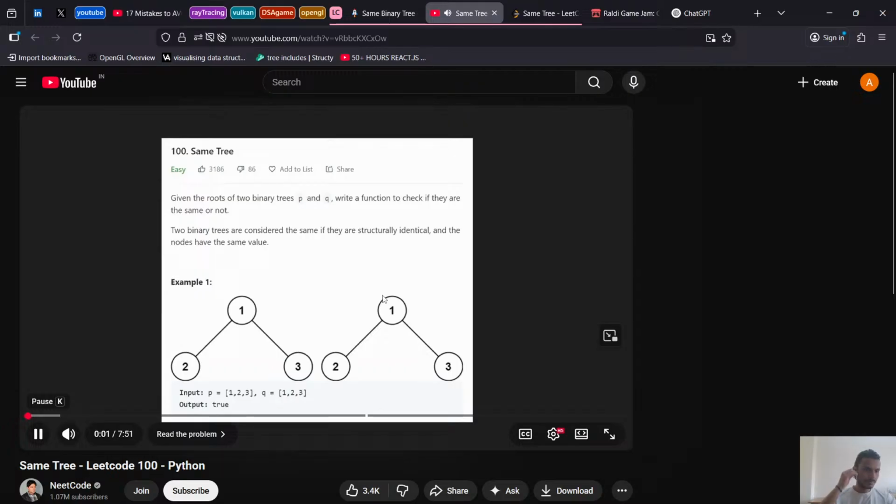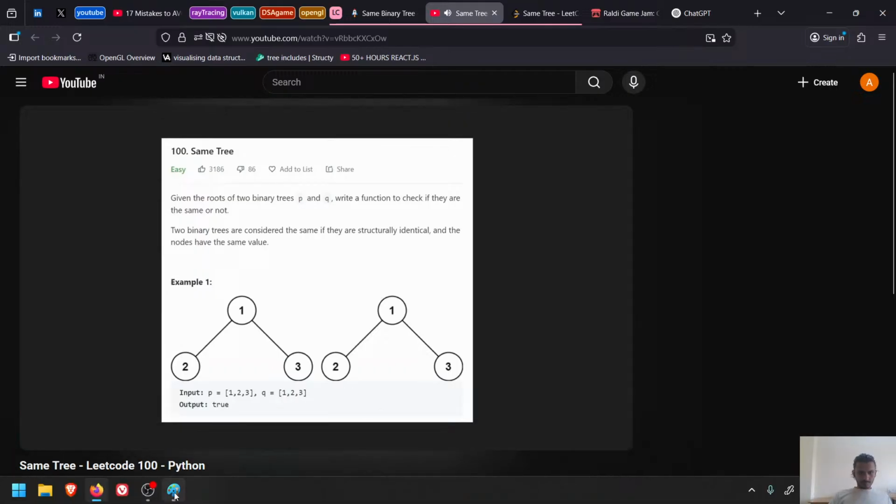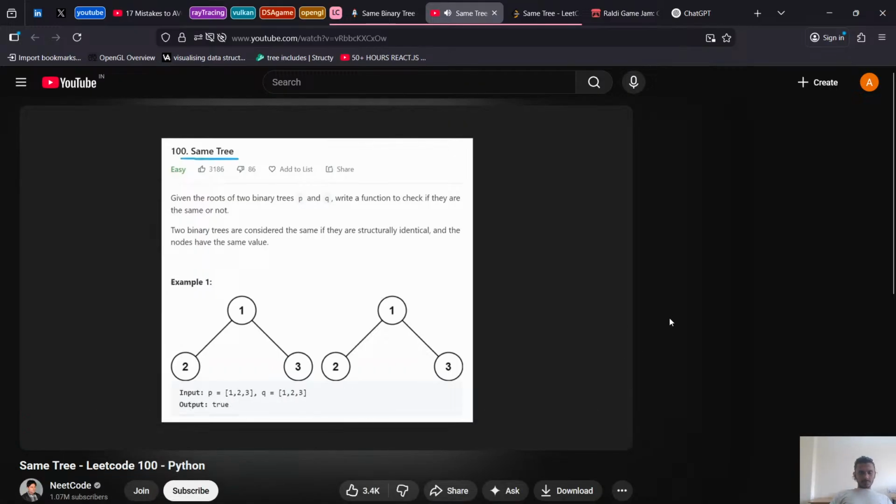Hey everyone, welcome back, and let's write some more neat code today. So today let's solve same tree. I'm going to upload this on a Friday. Today we're going to be doing an easy-ish problem. We're given the root of two binary trees, P and Q. We need to write a function to check if they are the exact same